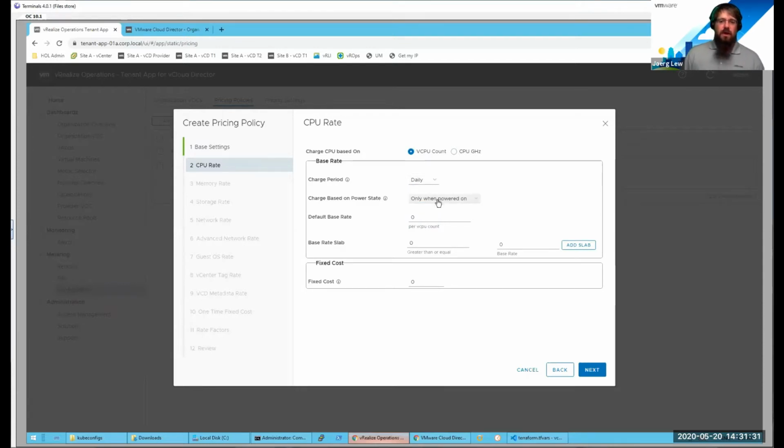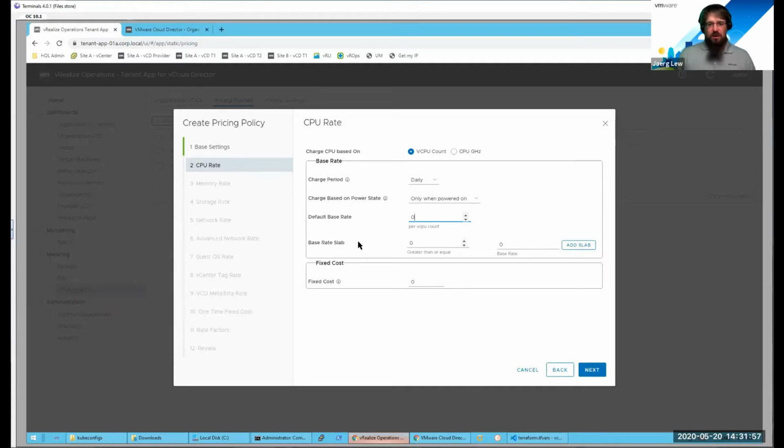You can choose whether to charge just for the existence of the virtual machine, or only if it's powered on or has been powered on once. And then you can define the base rate on a CPU count or gigahertz count. And what we have new in 2.4 is these base rate slabs, which allow you to do